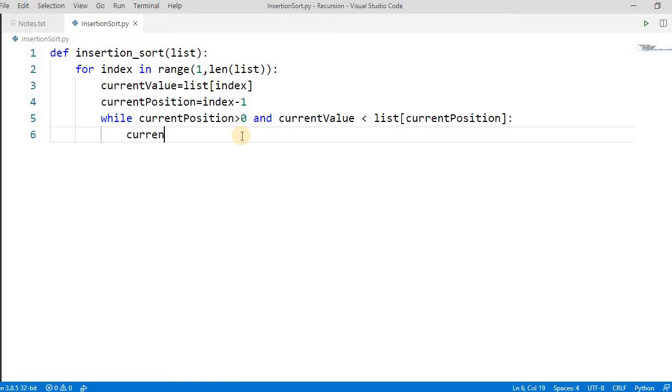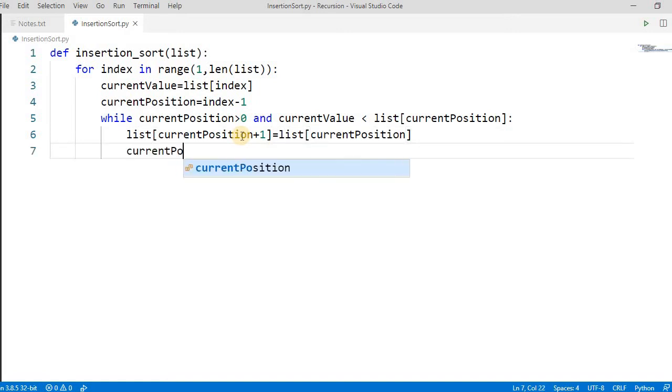So list of current position plus 1 is equal to list of current position. We have to swap the element if the condition is met, and we have to also change the index, right? So current position will be current position plus 1.